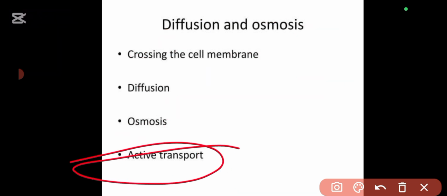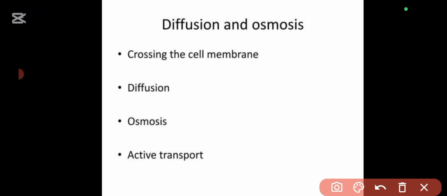Because it is movement against the concentration gradient. Why? Because where something is already highly concentrated, we are moving things into that same place again. We are moving things from where they have low concentration to where they have high concentration. That is active transport. So energy is required. Carrier proteins, molecules, are required for active transport